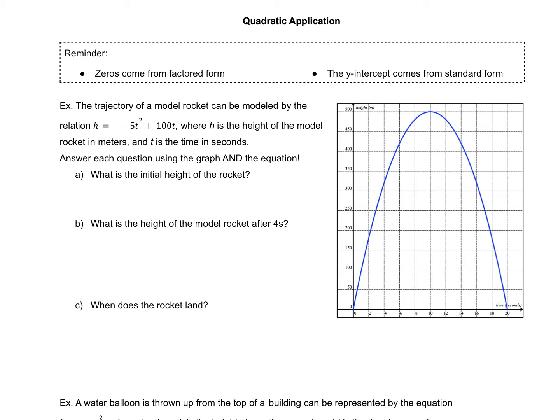What is the initial height of the rocket? If I look at the graph here, at time 0, the height is 0 meters. And this is our y-intercept. And we know that the y-intercept comes from the constant in standard form. If we look at our equation, there is no constant. So first of all, I will write my answer of 0 meters, but relating it to the equation,